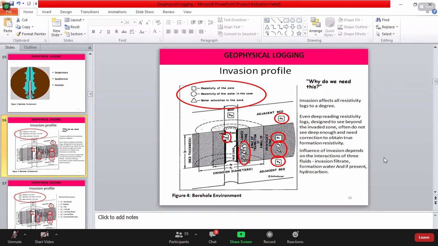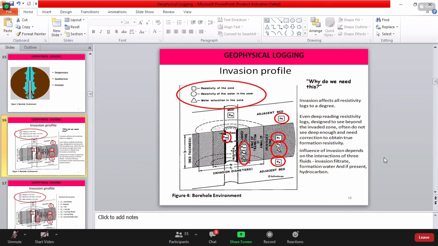So talking about the flushed zone. What we're trying to say is that in the flushed zone, we have identified the permeable zone, that is the porous zone. In that reservoir zone, what happens? The fluid finds its way into the formation because that formation is porous and permeable, and because of the influence of the pressure at which